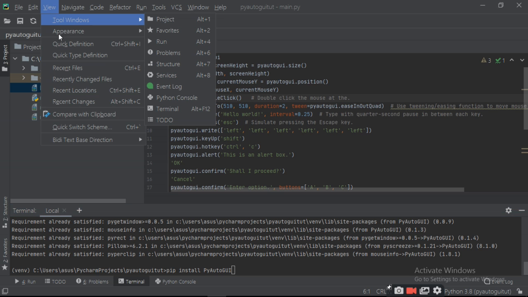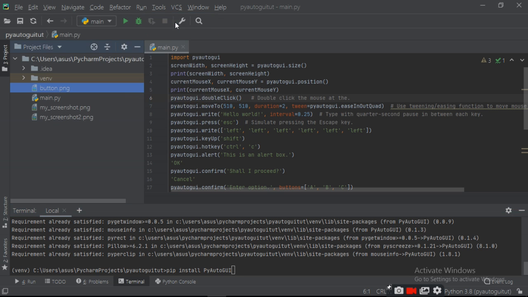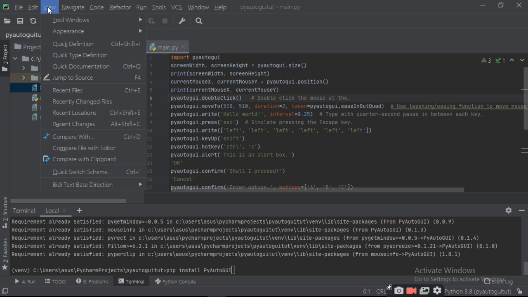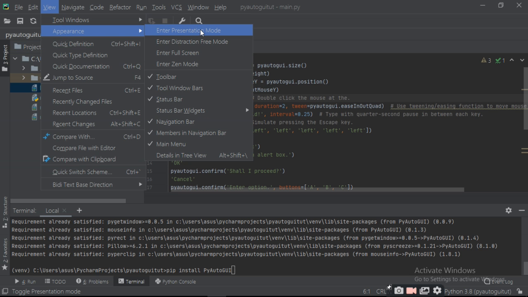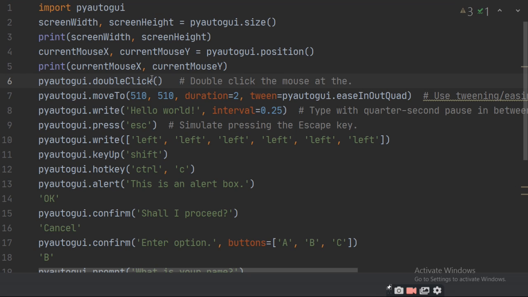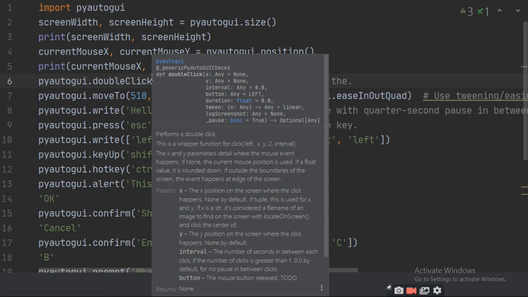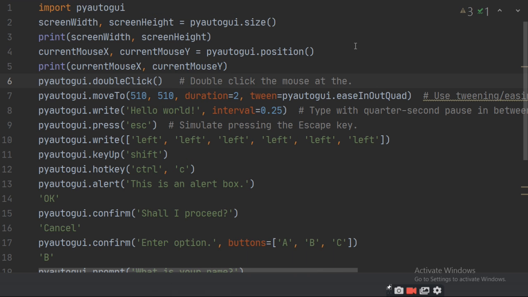Now how to write the program using PyAutoGUI? For that I am going to presentation view so you can see what I am writing. First of all you have to write screen width and screen height. You want the screen width and screen height by using PyAutoGUI, so you write pyautogui.size. It will give you the screen width and screen height.